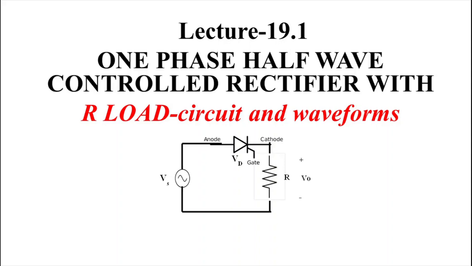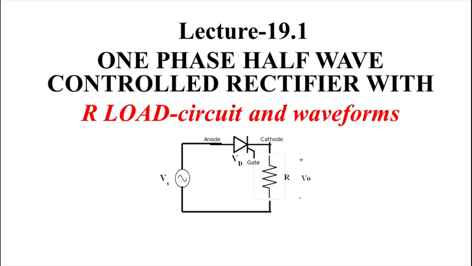On the other hand, in the case of a controlled rectifier, they use a thyristor as the switch, and we know that a thyristor is a semi-controlled device, and we can control the turning on of the thyristor. So by controlling the turning on of the thyristor, we can control the output voltage. That's why rectifier circuits having thyristors as switching elements are controlled rectifiers.